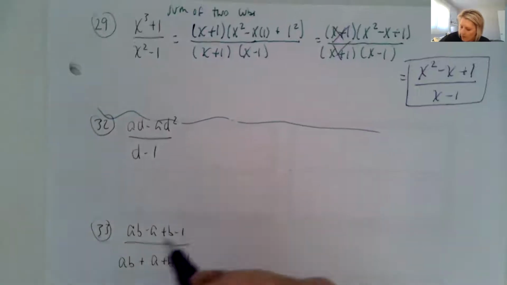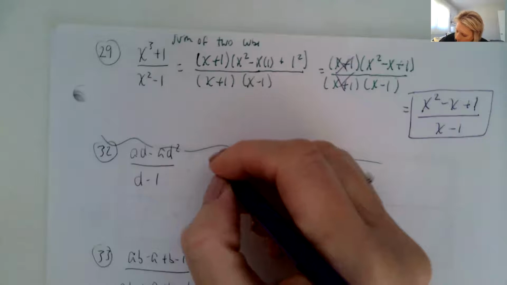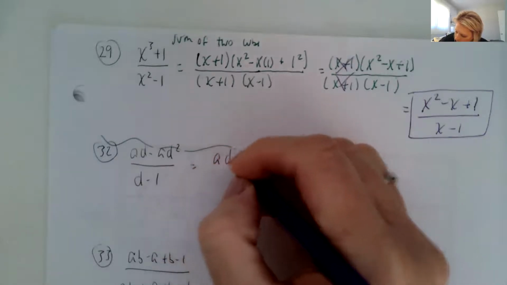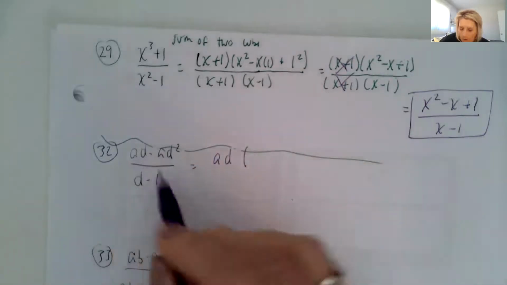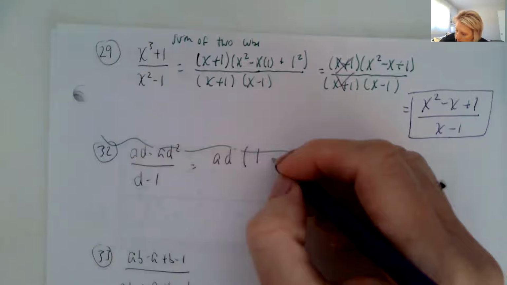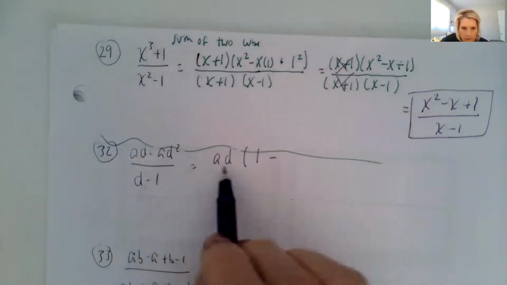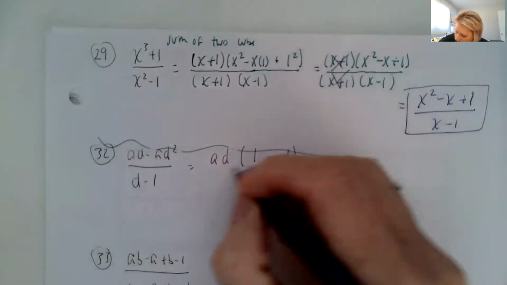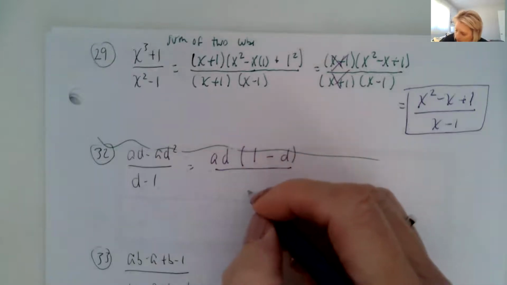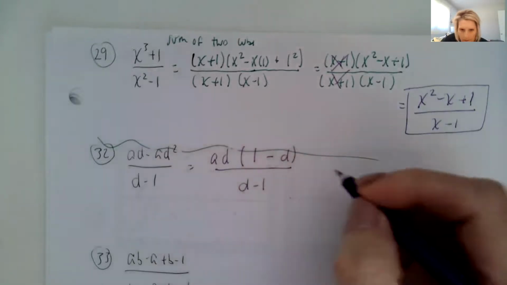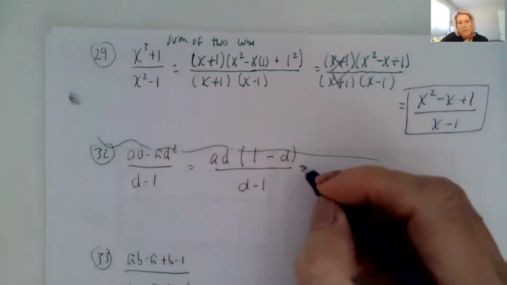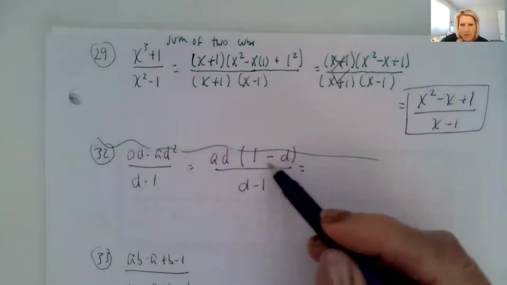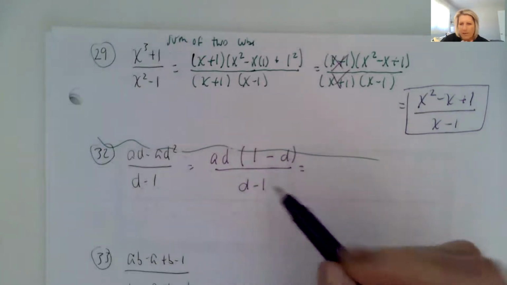So 32, we're going to factor out what we have in common. So we have a times d, and when we factor that out, we just have a 1 left over because it needs to have a place value, and then minus a d. And then we have d minus 1 in the denominator. Okay, when we have this situation, we can see that 1 minus d and d minus 1